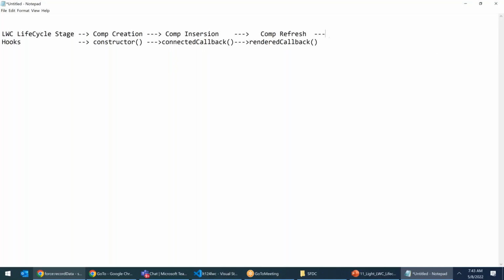Once the component data is refreshed, you did some operation, you hit a save button, you hit an update button, you made a change to the data, and the data will get refreshed. Once it is done, if there is any component error, in such case you get errorCallback. If there is no error,